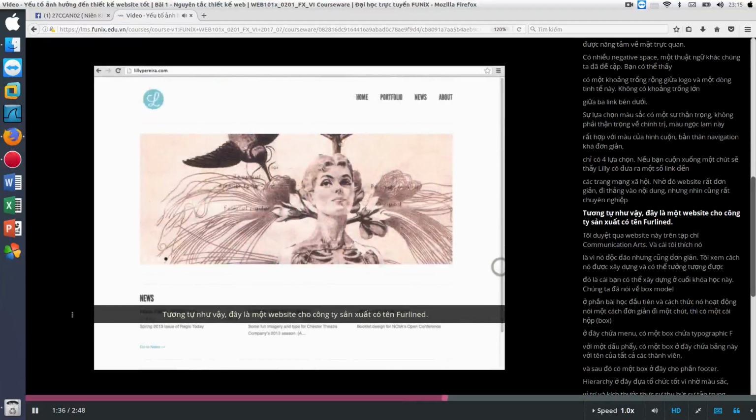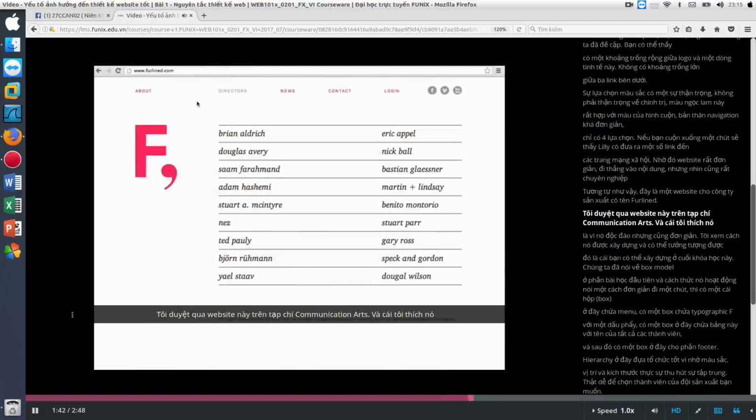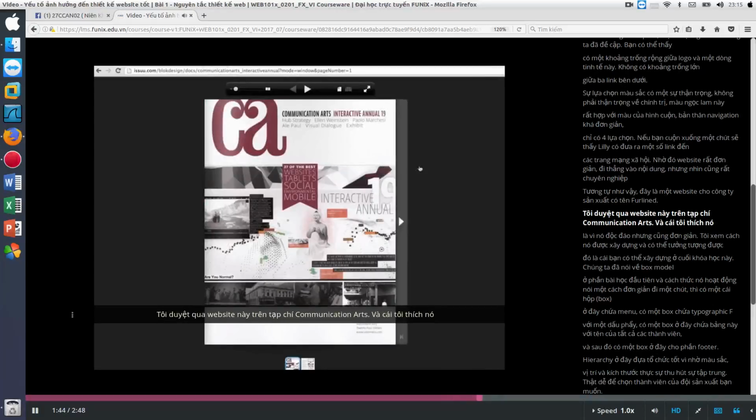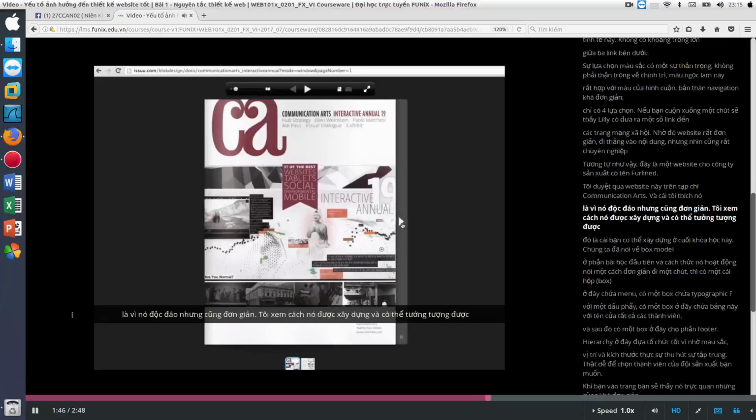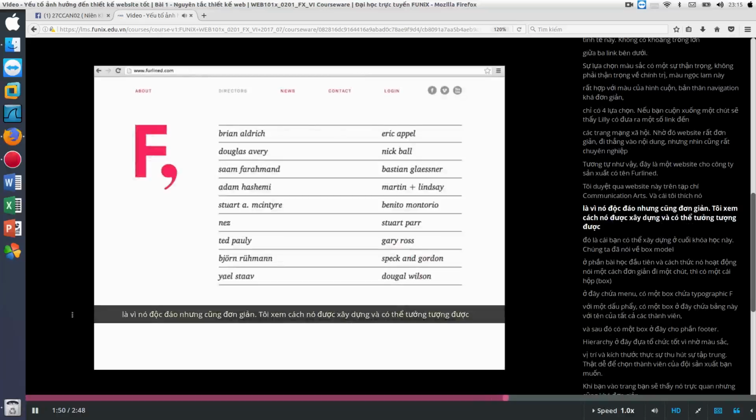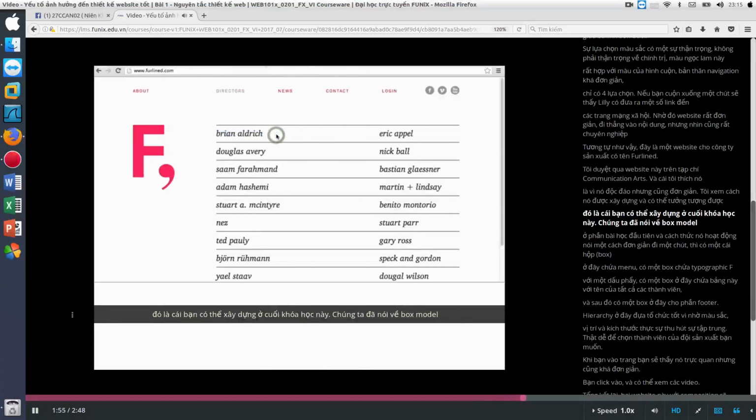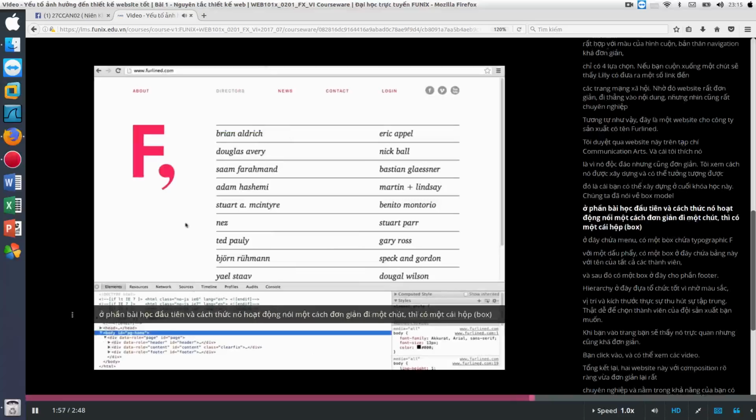So along those same lines, this is a website for a production company called Furlined. I came across this website in Communication Arts magazine. And what I like about this is it's unique, but it's also simple. I looked at how this was built, and conceivably it's something that you can build by the end of this class. We talked about the box model in the first lesson, and the way this works is, to simplify a little bit,